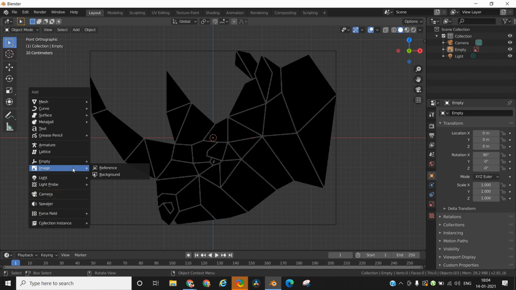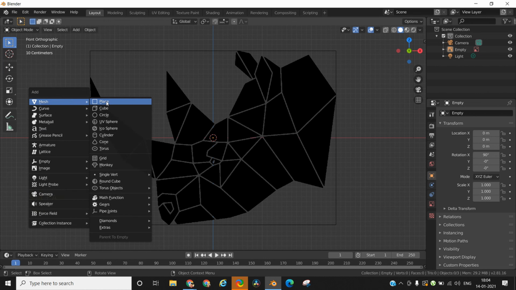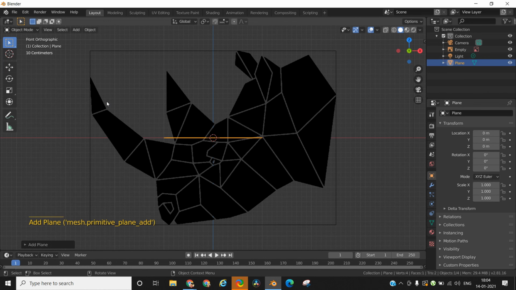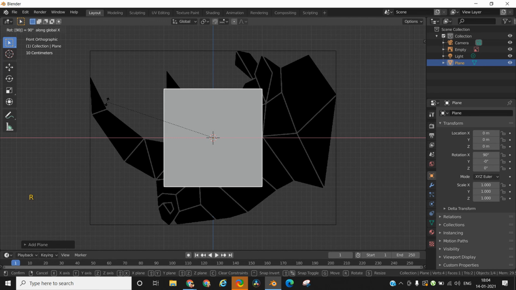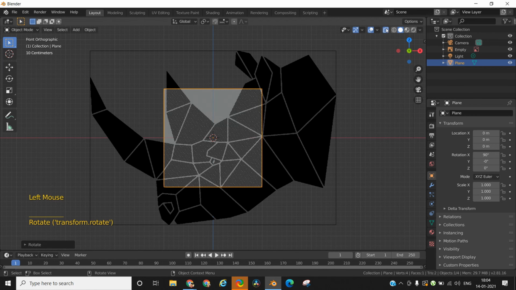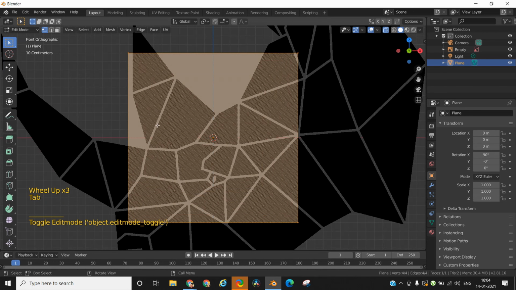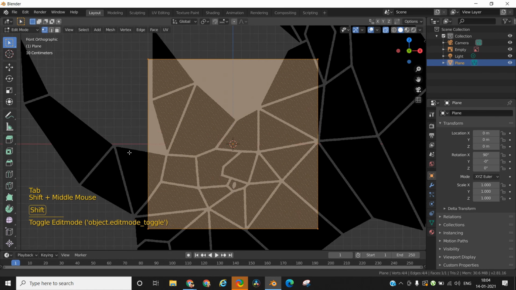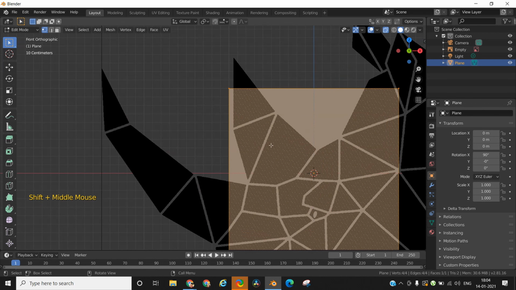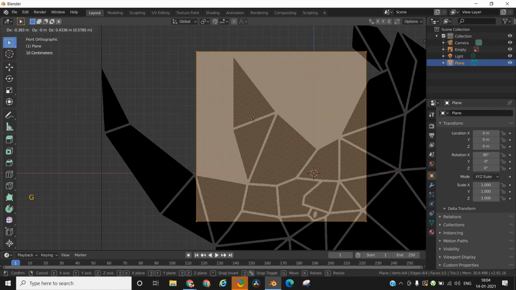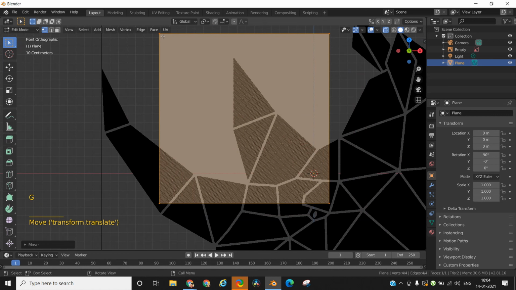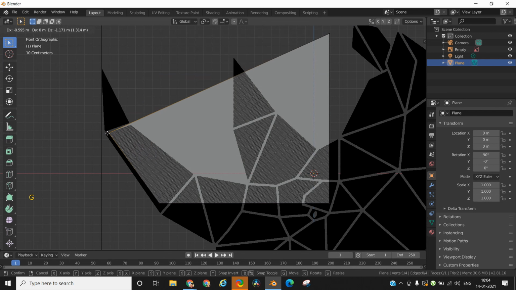To start building the low poly model, launch the addition menu and select plane under the mesh menu. It will come perpendicular to your front view, rotate it by using R, X and 90 degrees. Go into the edit mode by pressing Tab and then engage the X-ray vision so that you can see the background image and the structure that you are building simultaneously. Now go into the vertex mode by pressing on the vertex icon near the edit mode and start arranging the vertices as per the shapes that you are seeing in the background.